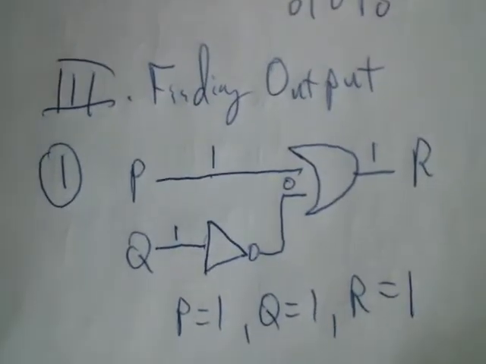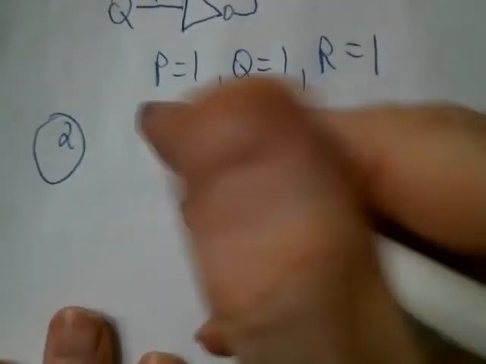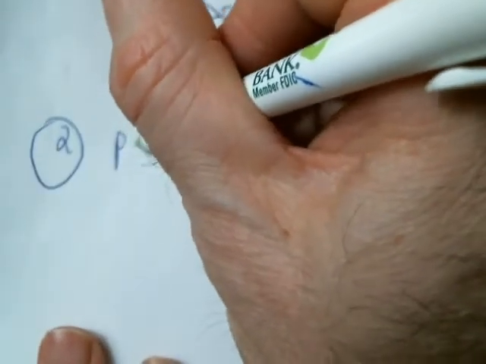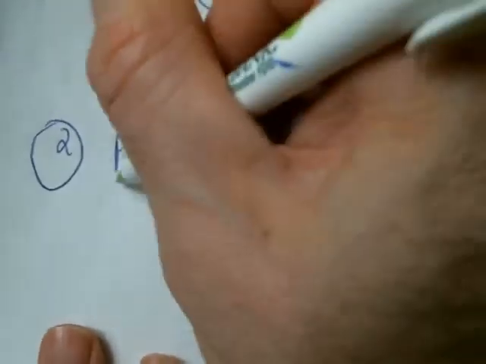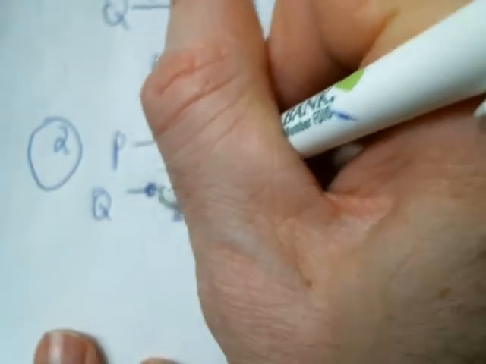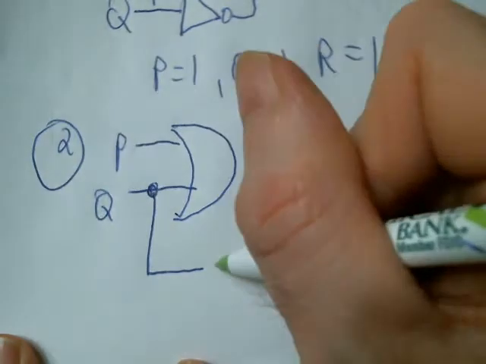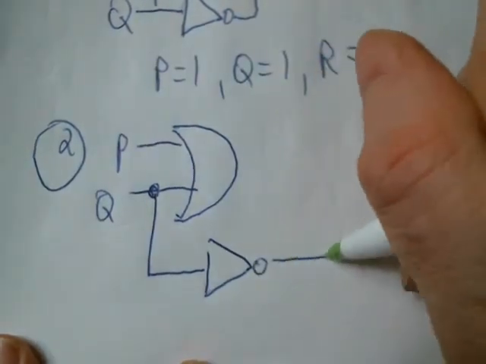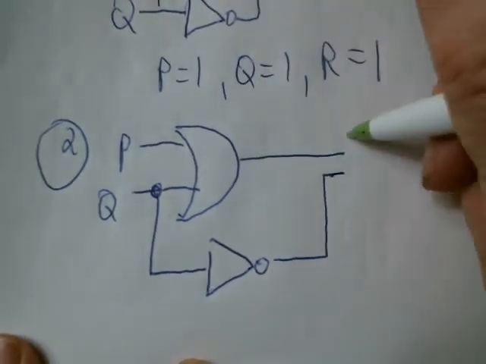Okay. Let's look at number 2. A little more complicated, but no big deal. These are pretty simple. Once you get the hang of it, it's like riding a bike. You're not going to forget how to do it. So we have P, and then an OR gate, and then we have a Q, and then leeching onto the Q is this wire going to a NOT gate, and then we go up here, and these are going into an AND gate,